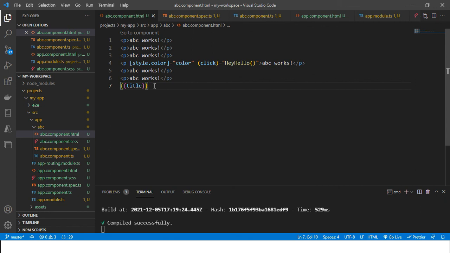In this session we have learned creating a component. The component is a building block of Angular applications. Every component has a view and application logic.